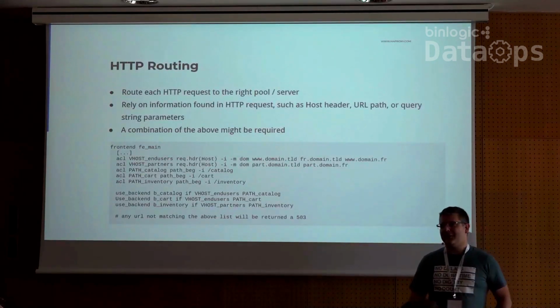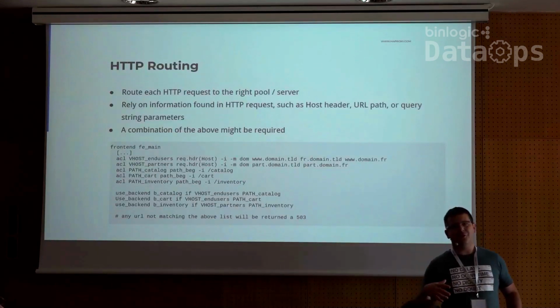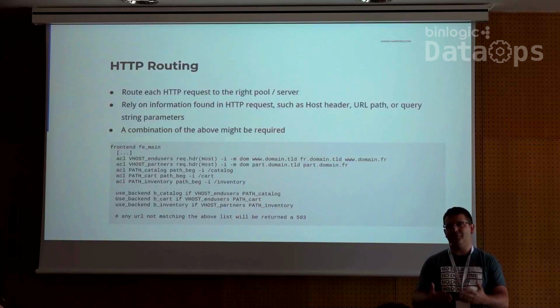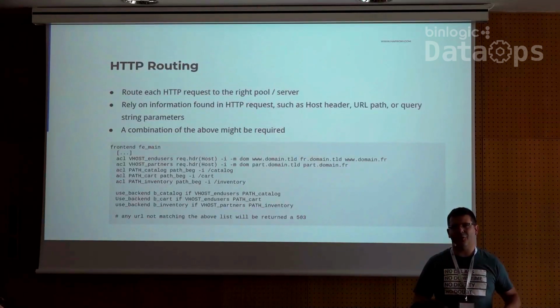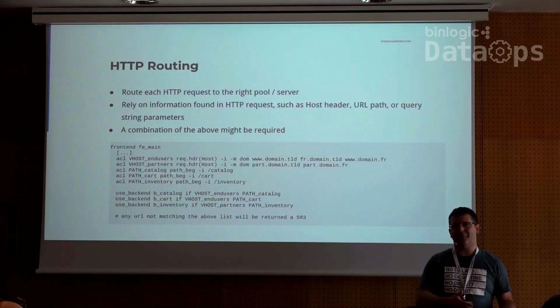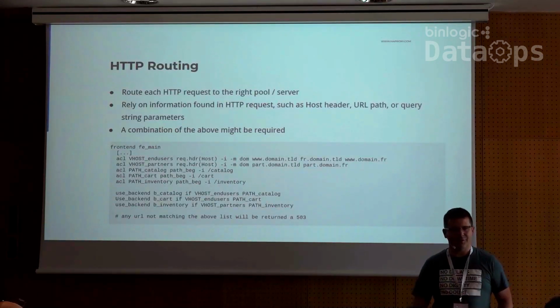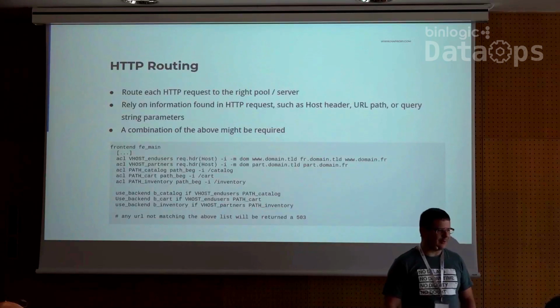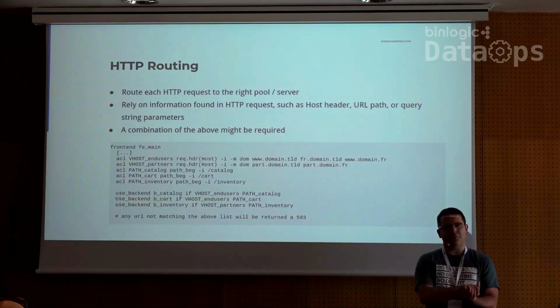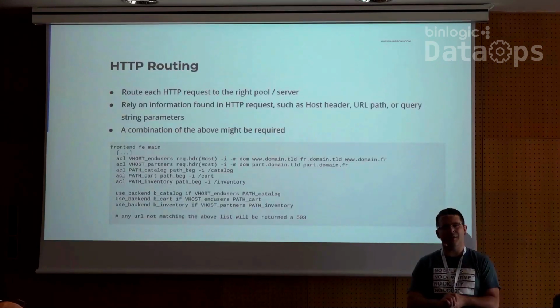So HTTP routing, as we've seen earlier, you just have one endpoint. So you must get your traffic routed to that endpoint, which is quite simple. Usually that's the host header that resolves to an IP address. And then the IP address is hosted by HAProxy or multiple HAProxy. We can discuss that point later. So HTTP routing means that all the traffic will go into HAProxy, and HAProxy will take a routing decision based on information provided by the client request.